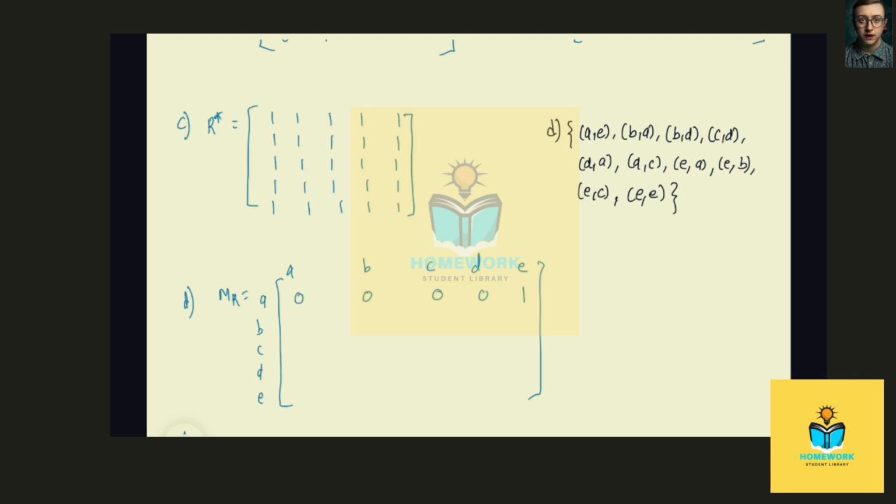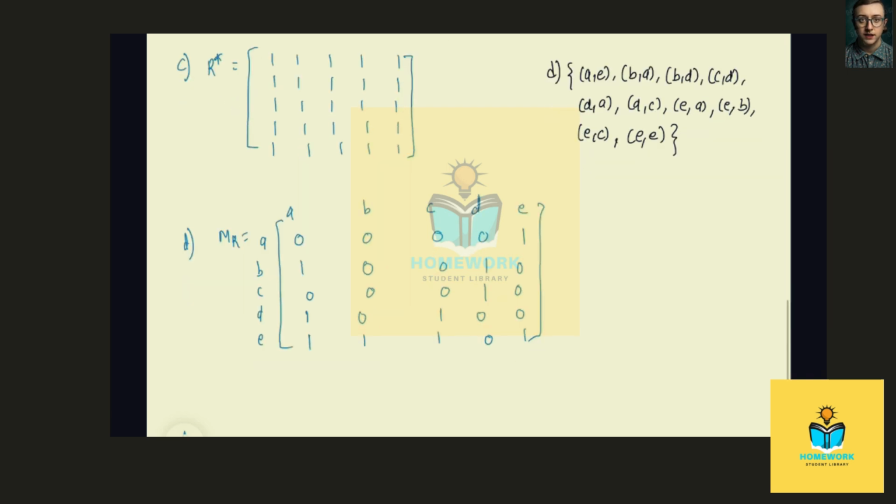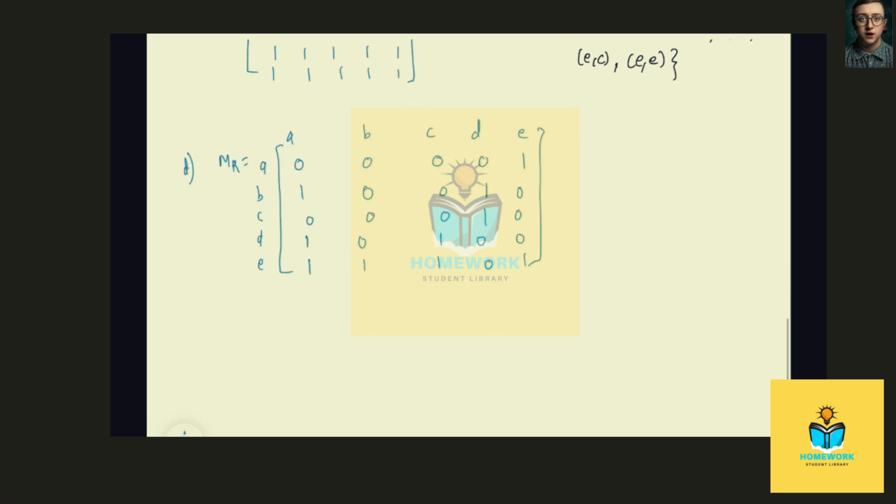Then we have paths from B to A and B to D, and rest is 0. Then from C to D, and rest is 0. Then we have D to A and D to C, rest is 0. Then we have E to A, E to B, E to C, and E to E, and rest is 0. Okay, so this is our MR, and again using the same algorithm, that is assigning MR value to A